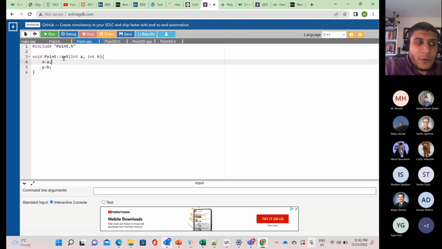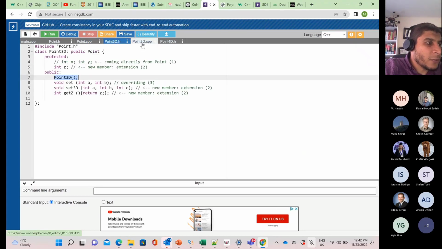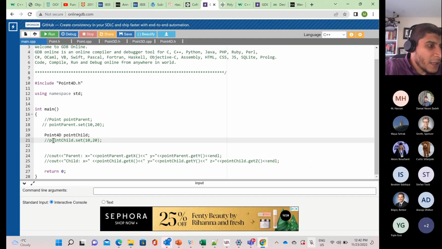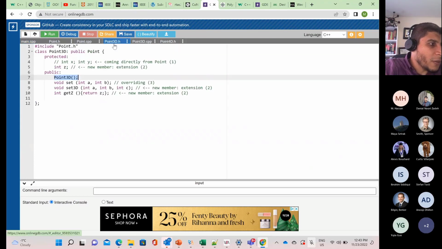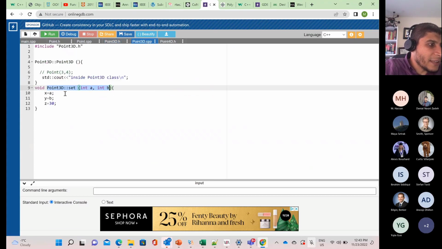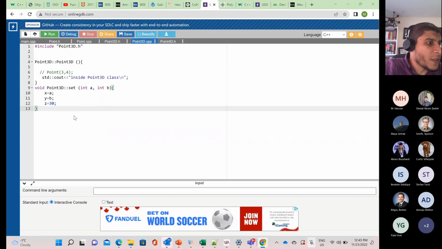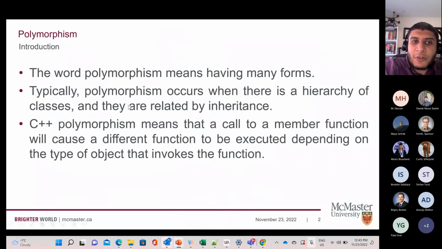So the set method here has two different implementations, right? One in the child and one in the parent. And we said when you go to the main, what happens if you call the parent one and the child one from yesterday's example, the correct one gets called based on your object type, right? This is basically method overriding. The child is able to override the same method that it inherits from the parent, to introduce a different functionality. For example, Point3D here added inside the set this line to initialize the third coordinate, right? So now we are building on top of this concept by seeing how it more dynamically